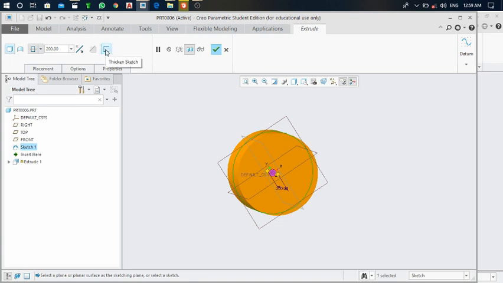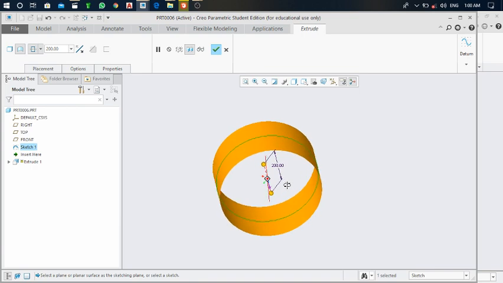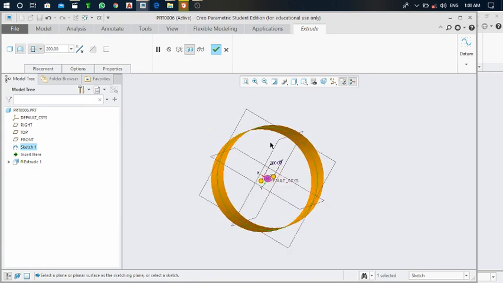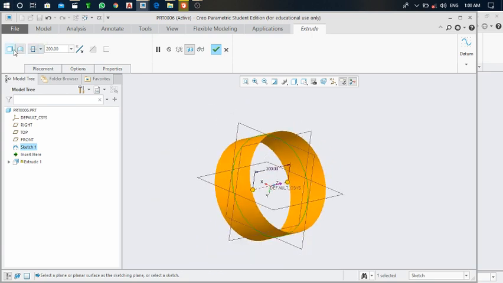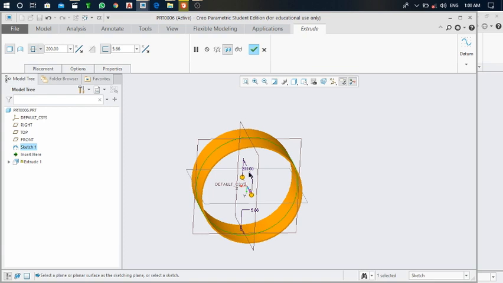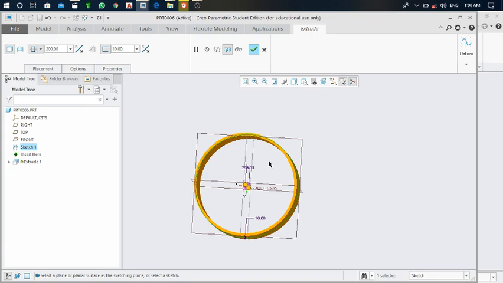And here you can see Thicken sketch. If you make it extrude as a surface, here you can see it is like a platform, or thin sheet. If we make it by thin sheet, so make it solid. After that here you can see Thicken the sketch. If you wanted to add thickness, you can add it. Here already it is 5.66, so you can change. I'm gonna type 10 thickness for this. This is the wall thickness of the pipe.